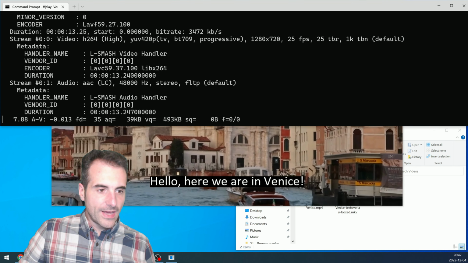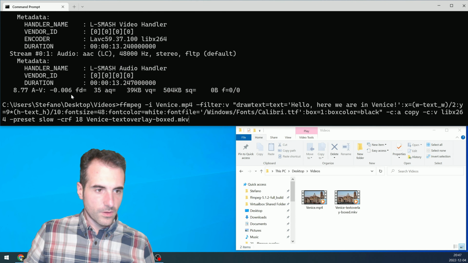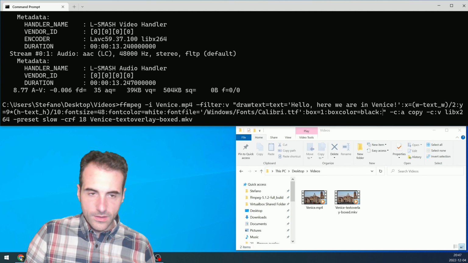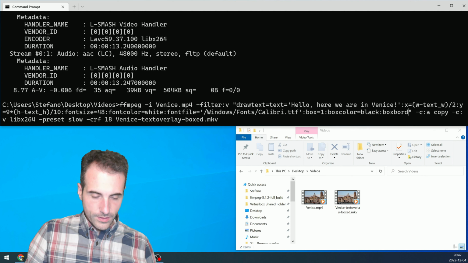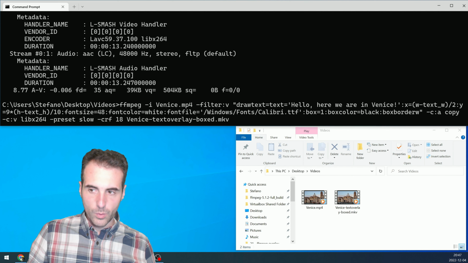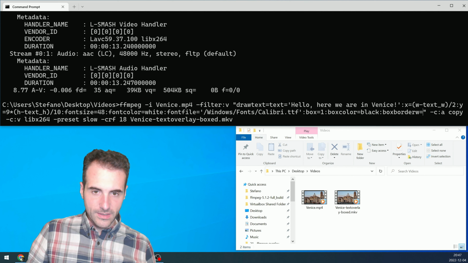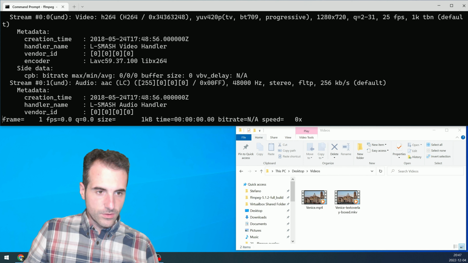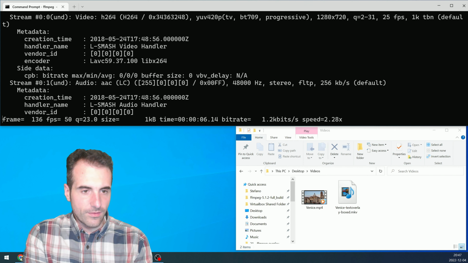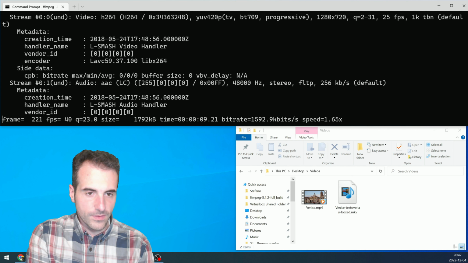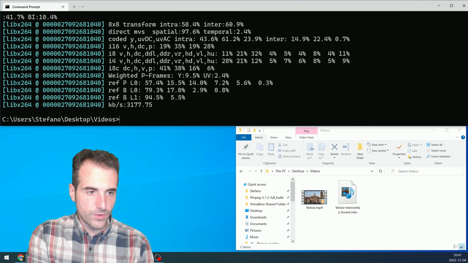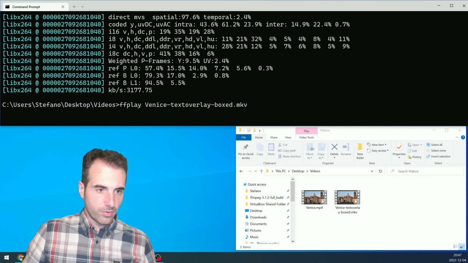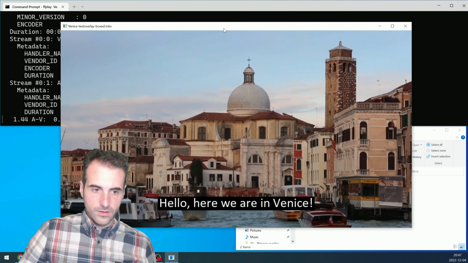Around, if you would like, you can put a border around, and this has to be put with the box border W, so the box border width. Let's suppose we want to put it at let's say 5, and let's see what's the result. I'm going to overwrite the video to have the text overlay boxed file, and this is the result. So we are going to FFplay result, and here we have